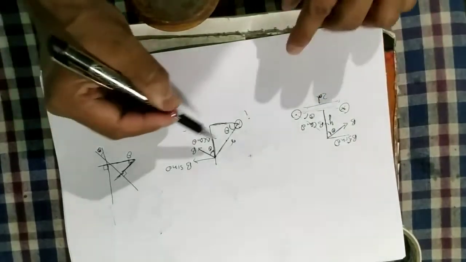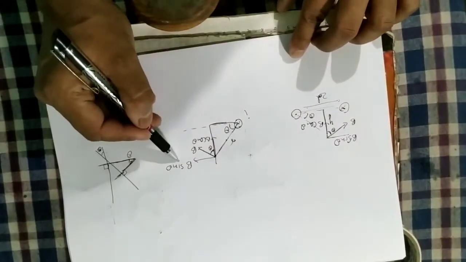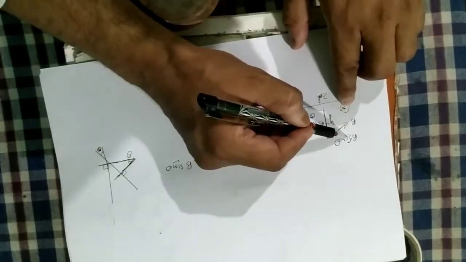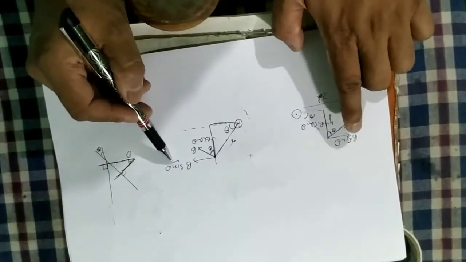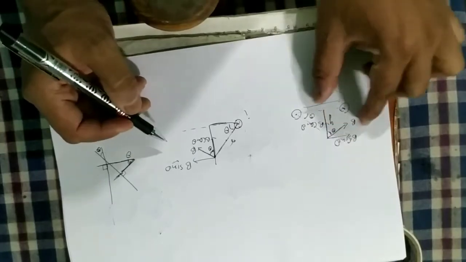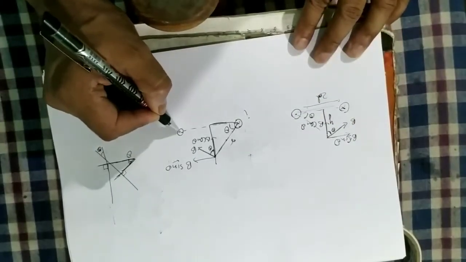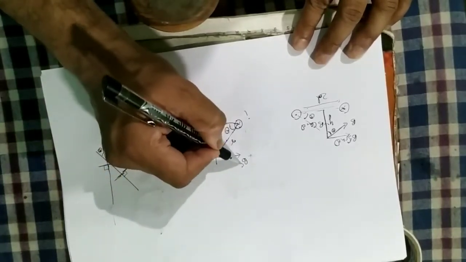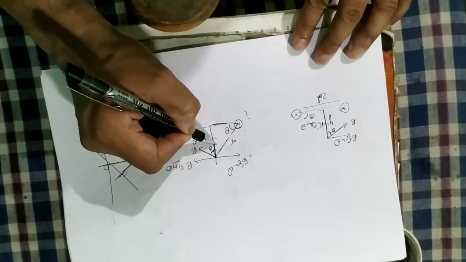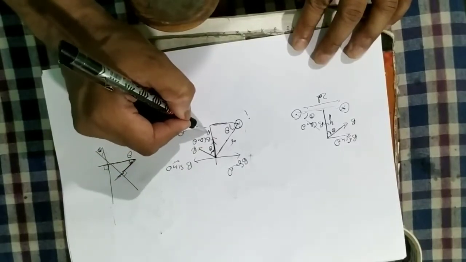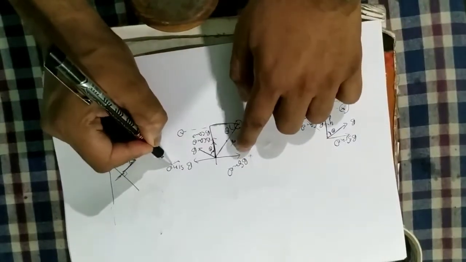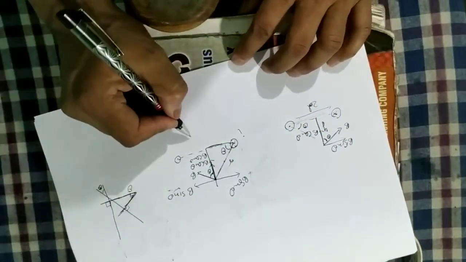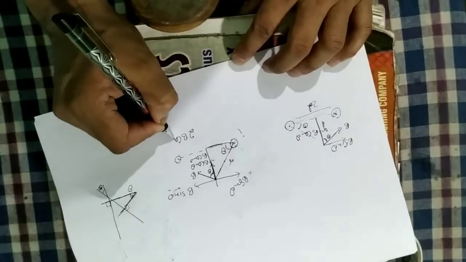Now if you can see here, because of this there is a B sine theta in this direction, and because of this there is a B sine theta in this direction. So you have these two B sine thetas getting cancelled out. If I just superimpose both the diagrams over here, I will get one component because of B sine theta, and I will get one as B cos theta. So B sine theta will cancel out. What will add up? 2B cos theta. So what is the net field? Net field will be equal to 2B cos theta.